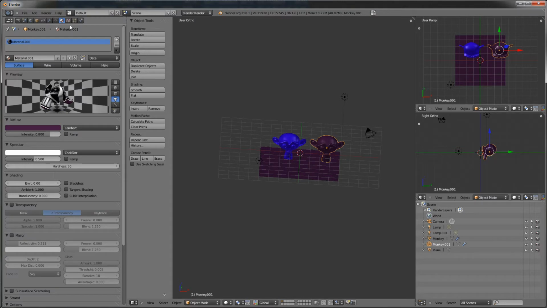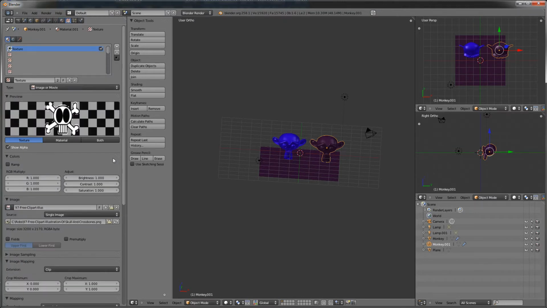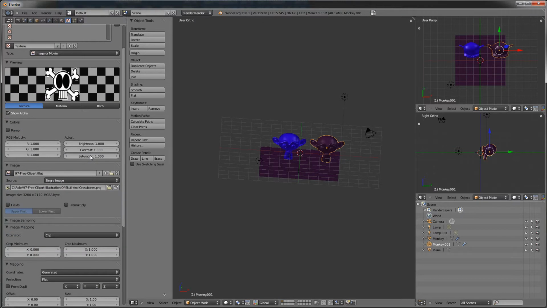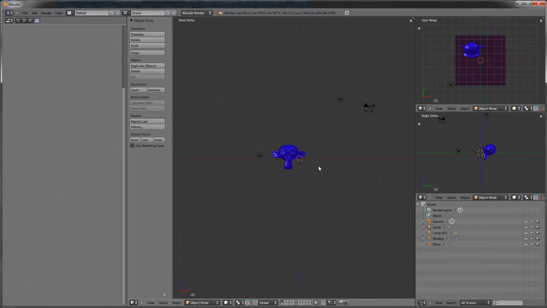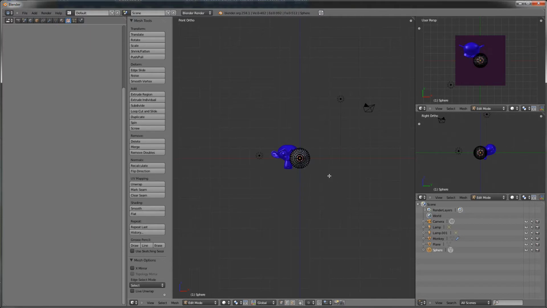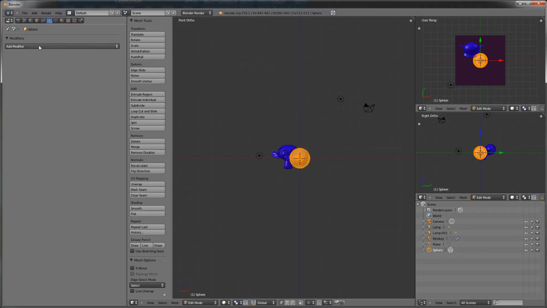So yeah, one of the other things you can do is you can dictate where the image is, you can crop it, and you can also have its offset. So if you put it on a circle, for example, actually why don't we do that? I'll just delete the monkey. I'll add a UV sphere, select it, smooth, go to the modifiers, add a subsurf,